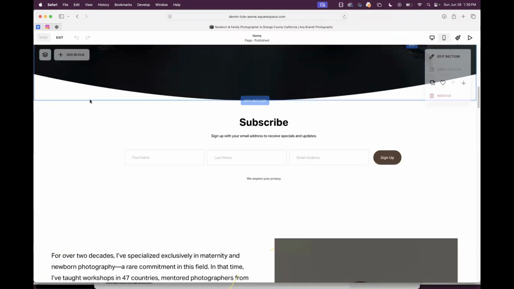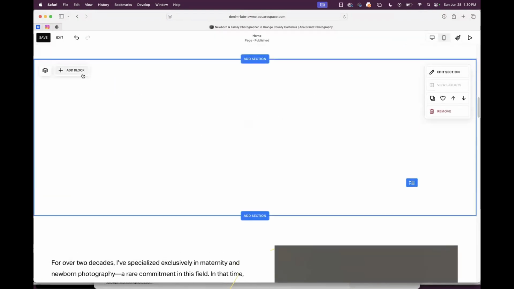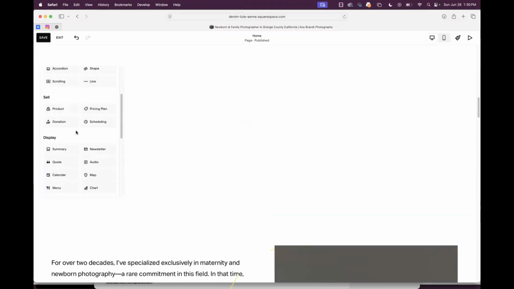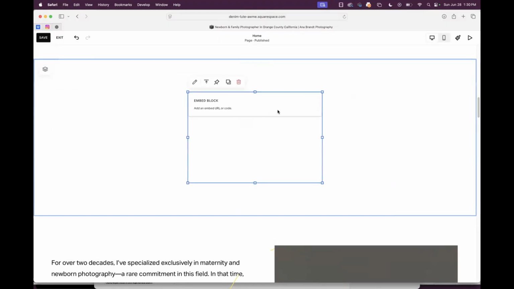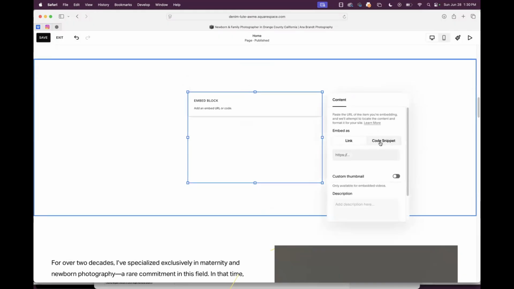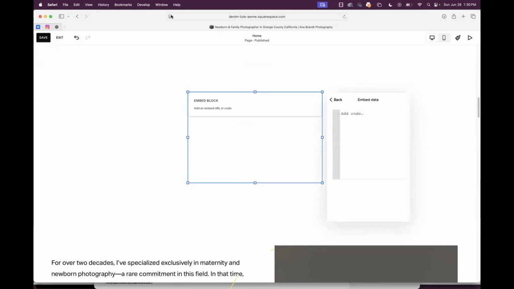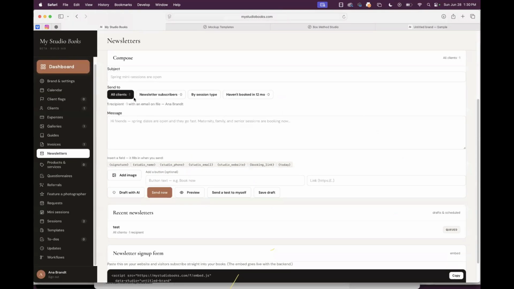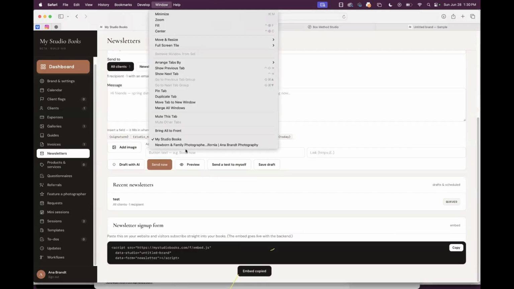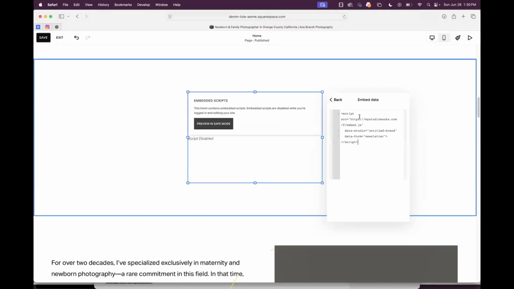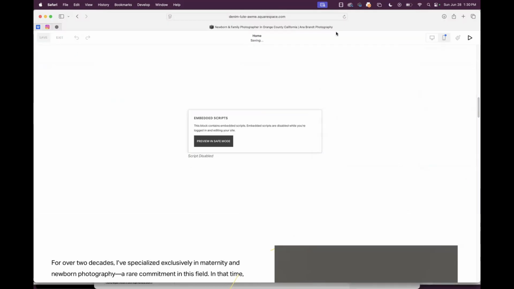I would add a section, blank section. So it's blank. And in here, I would do embed. There's my embed, can put it wherever I want. I would go get the code and I would just copy and paste that code in here. So if I go to my studio books and do newsletters and do copy, and then go back here and just copy that and then save it.